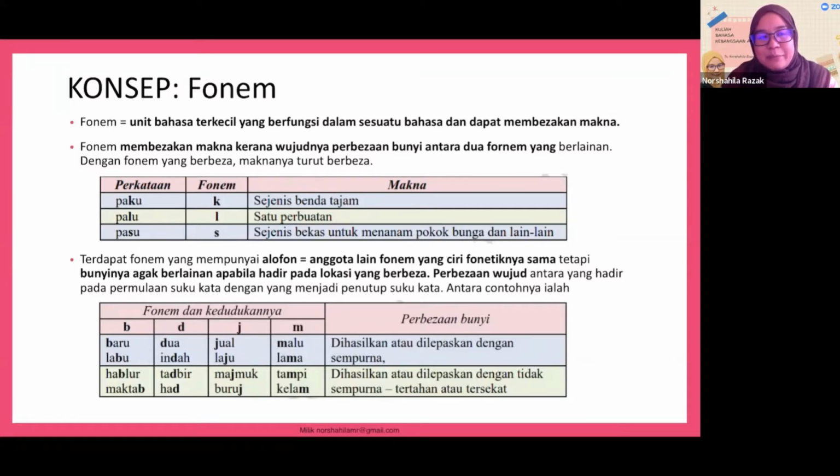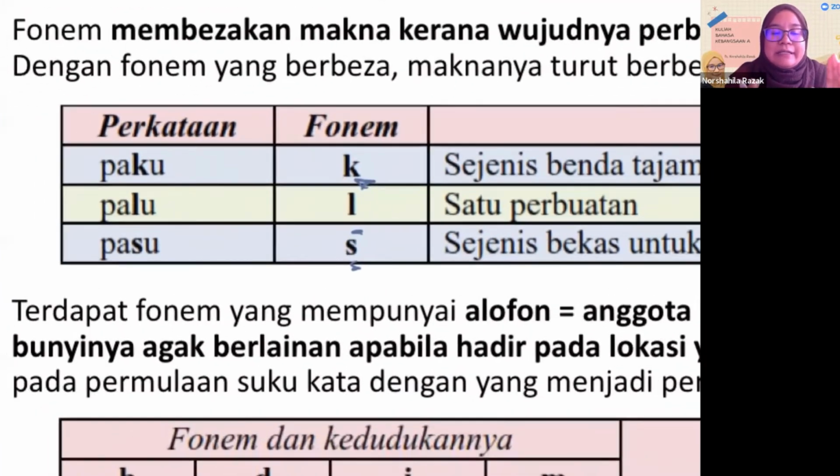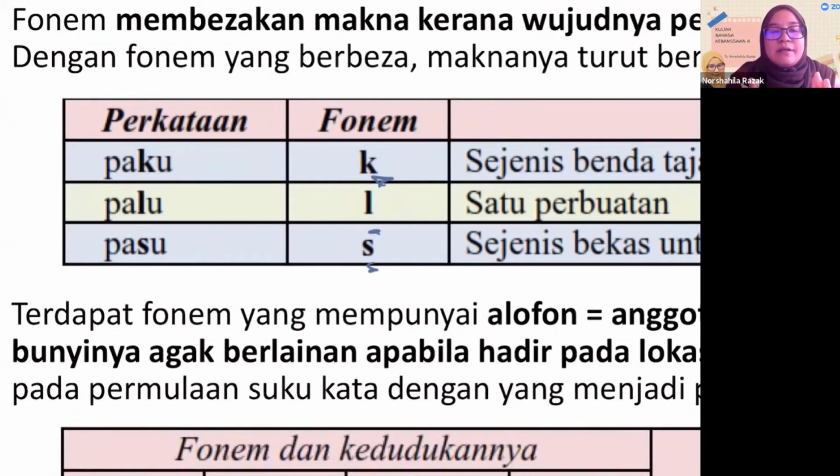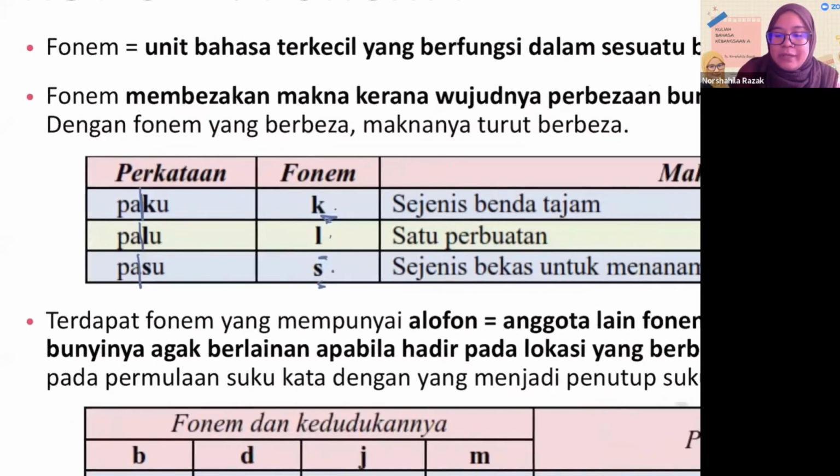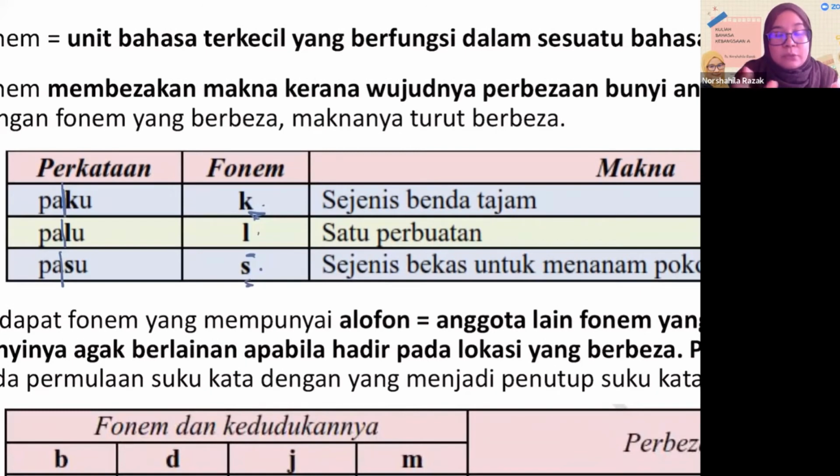So for example, what I put here is paku, palu and also pasu. You can see that K, L and also S are actually in the same segment or syllable. Paku, kan kita nampak kan? Paku, palu, pasu. Two syllables for each. But the difference is only the phoneme K, L and also S, which is when we put K, paku, it